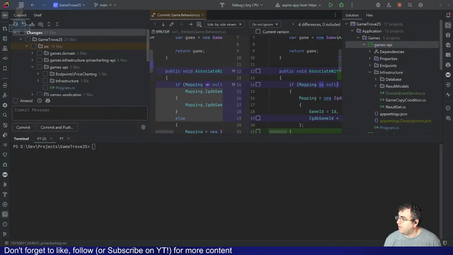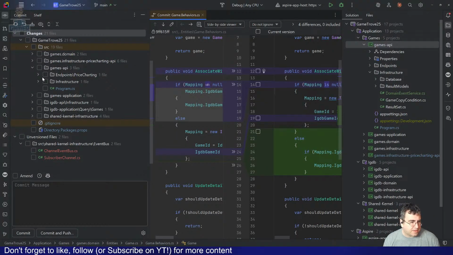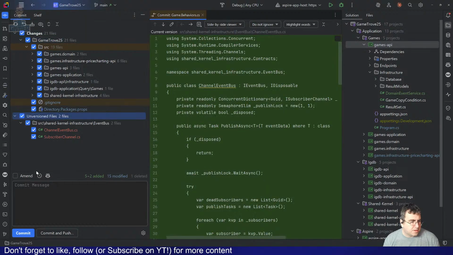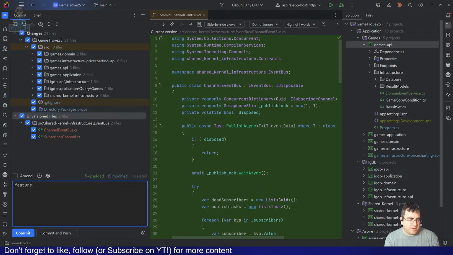I'm not handwriting SQL. Okay, that was. Okay. Feature, replace channel event bus with... I don't think Streamlabs is connected.